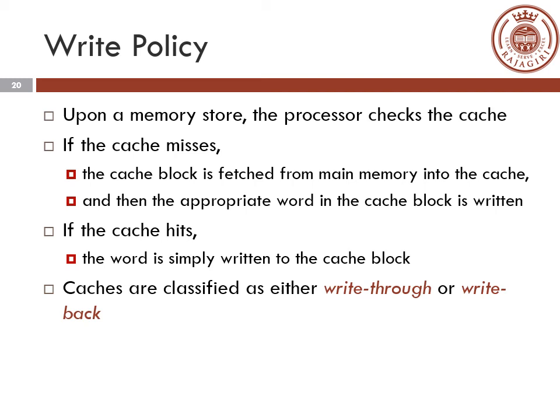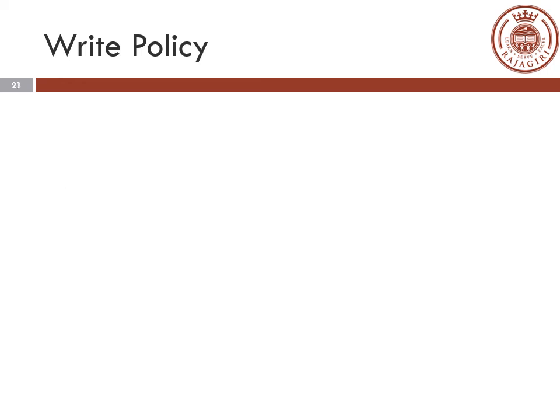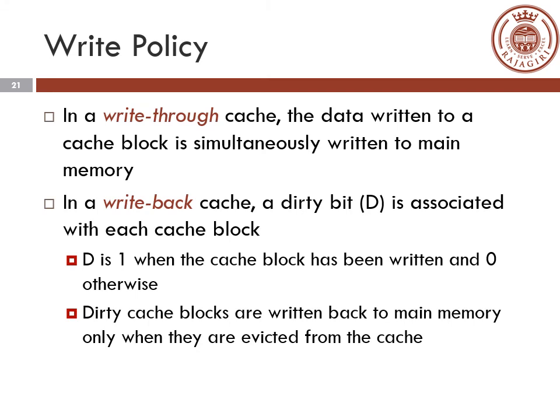There are two ways in which you can classify the cache write policies. It can be either write through or write back. The first one is the write through cache policy, in which when the data is written to the cache, simultaneously that data will also be updated in the main memory. So that is what it means by write through cache. When the processor wants to write anything into the memory, the cache will be updated, and simultaneously that data will also be updated in the main memory.